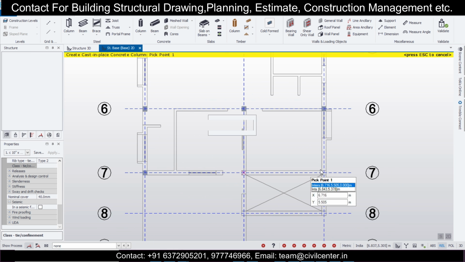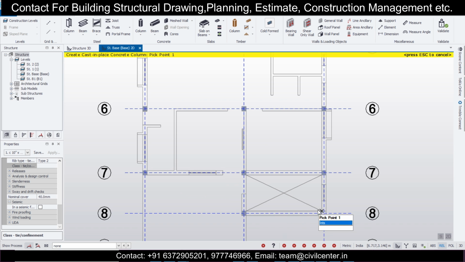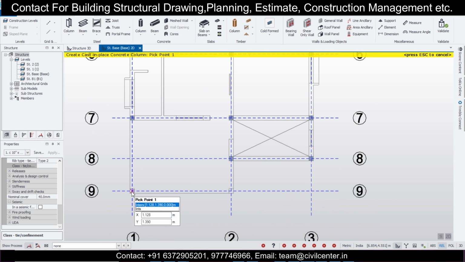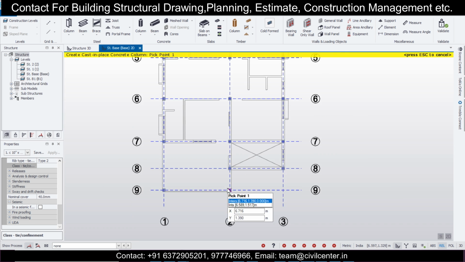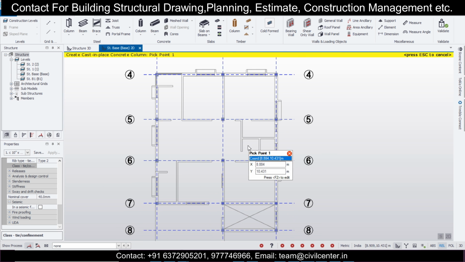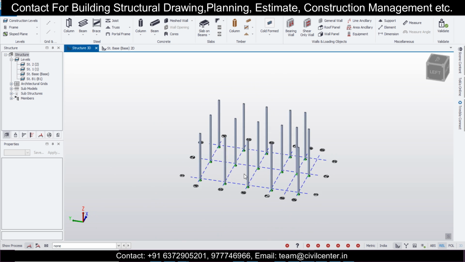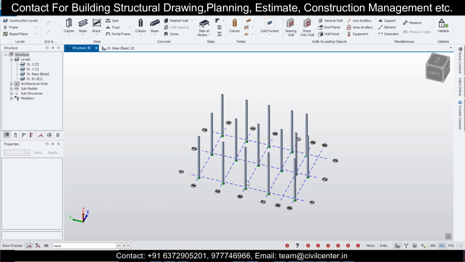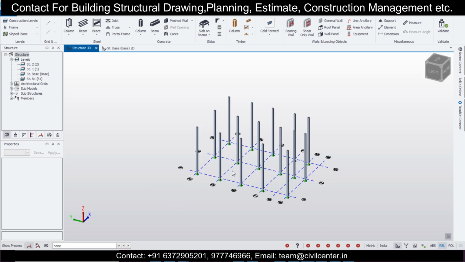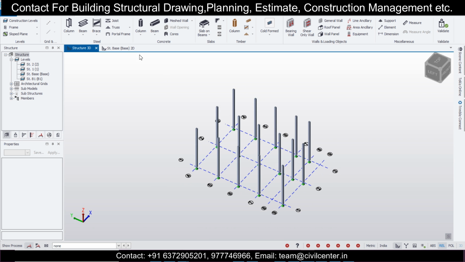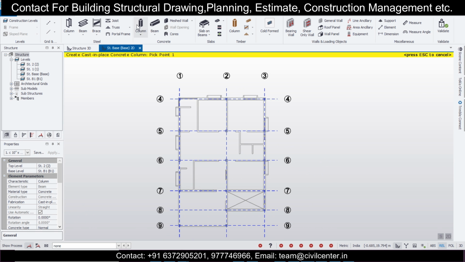It really helps our work in practical works, especially in residential buildings where you have columns at different locations based on your architectural requirements. You have to consider that as well. So columns are ready. Now you can go to structure 3D, right click on your mouse, and you can rotate the model and see the columns which you can observe here. After that, you can go to the level of the beams here.